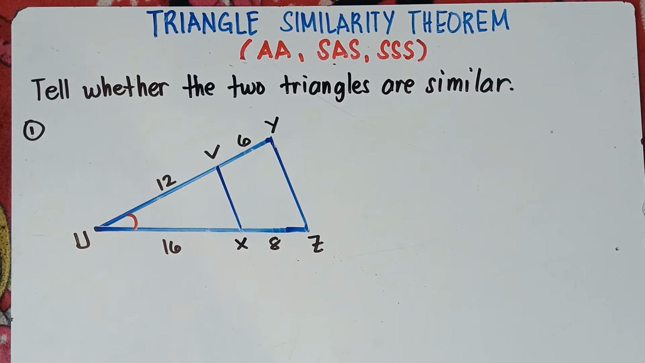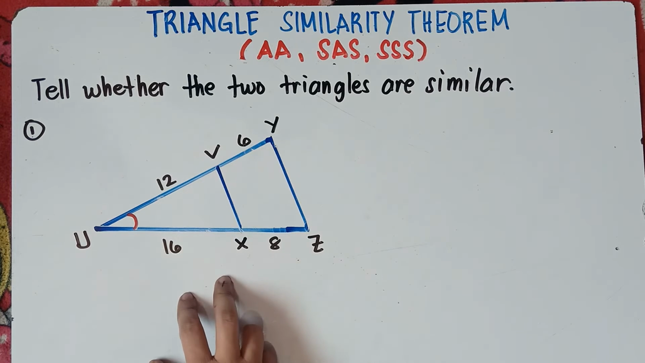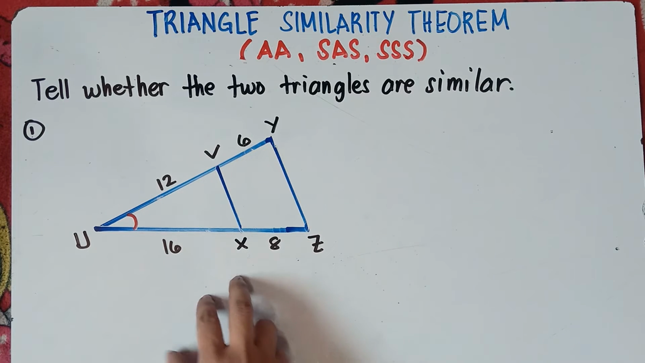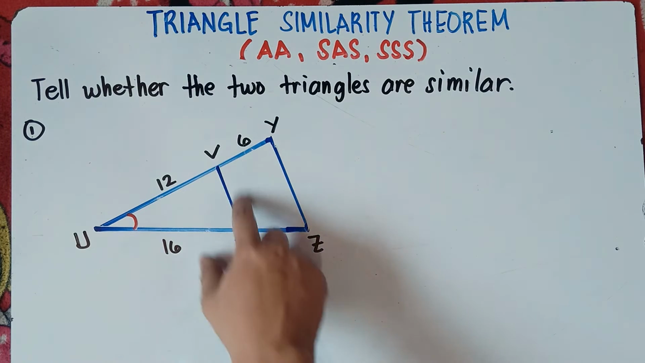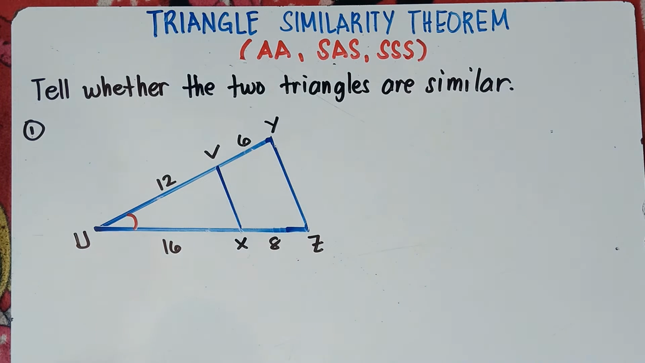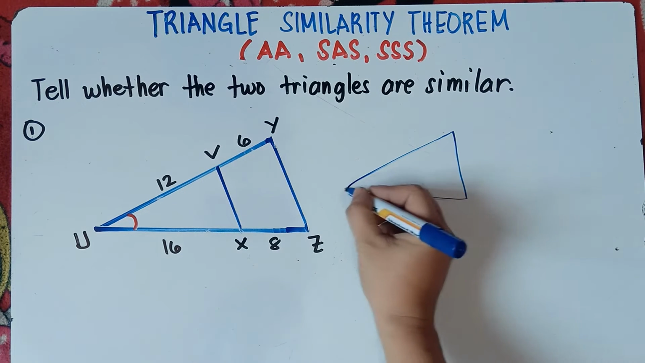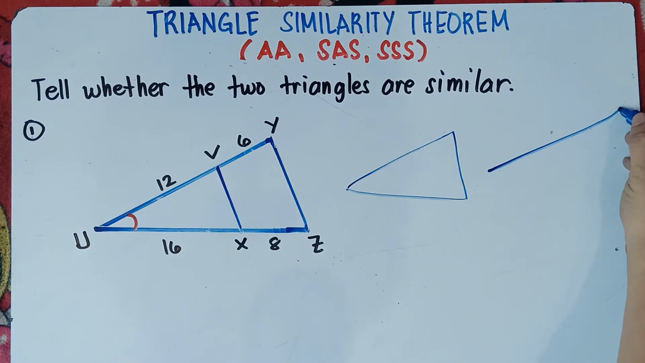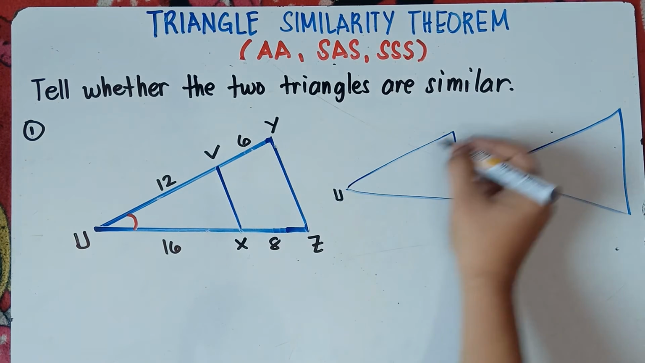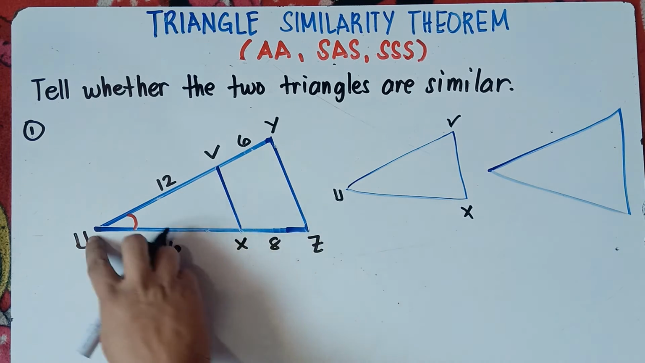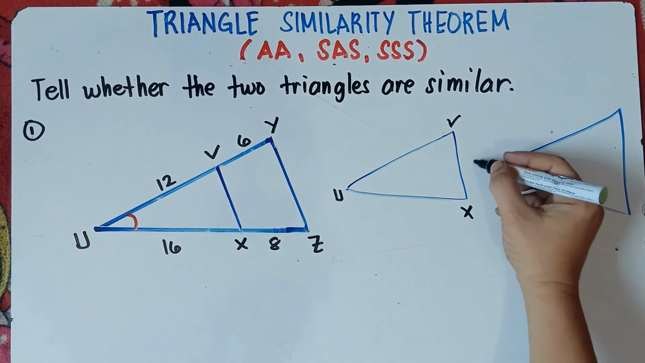Alright, so example number 1, we're going to tell whether the two triangles are similar. So once again, in this given illustration, we can make two triangles, right? We have the small triangle and the big triangle. So let me just draw this one, class. Okay, so we have the small triangle and another triangle for the big triangle. So let me just label this. This is UVX for the small triangle, and for the big triangle, that will be